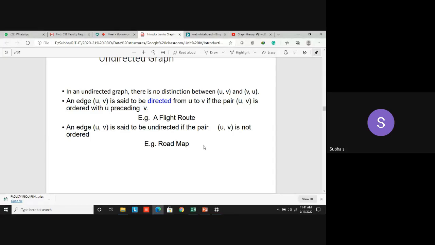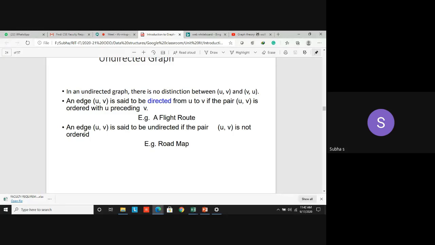Normally a flight route or a train route, bus route from Chennai to Trichy. It means that the bus is not only going from Chennai to Trichy. Again, the bus route is from Trichy to Chennai. So here the entire graph is said to be undirected, but you have directions. From Chennai to Trichy, there are paths I have to go. Similarly, from Trichy to Chennai, there are different paths I have to come. Different paths I have to traverse to reach the destination. So here it's not necessary to be ordered.